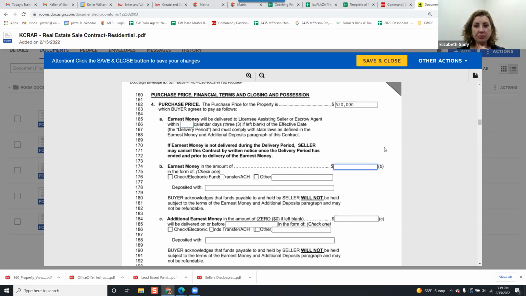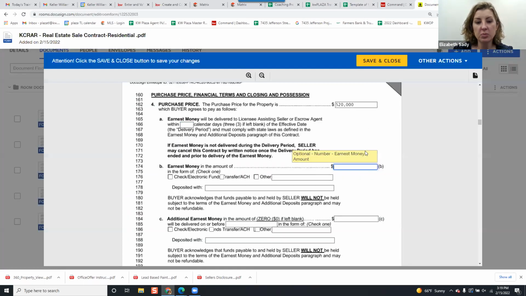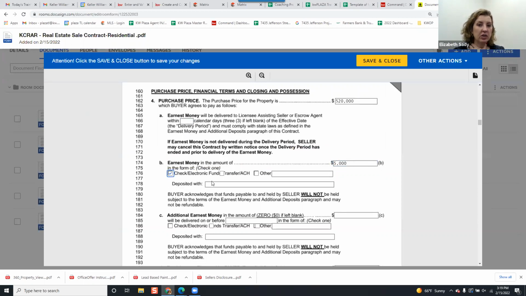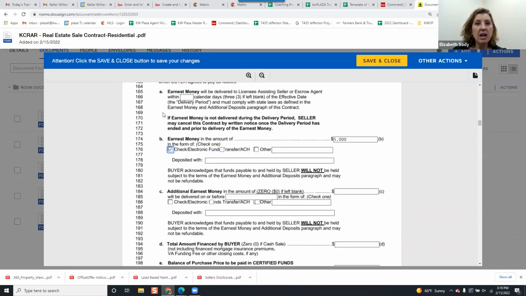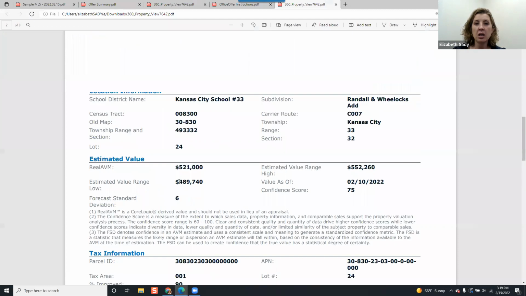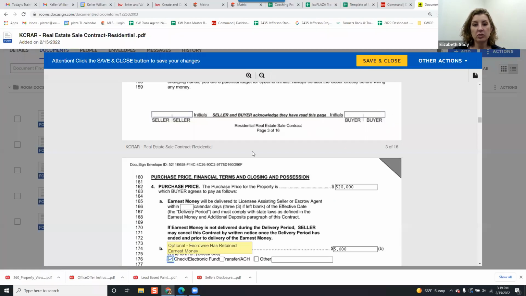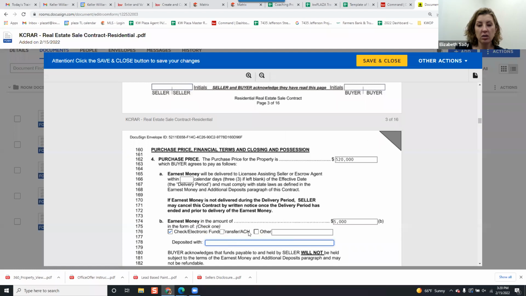Okay, earnest money. To stick to our plan here, guys, we had said we were going to do 5,000 in earnest. You're putting that amount here. And we're going to say that it's a check or electronic funds transfer. And then remember, they had that nice fancy offer cover sheet, but we can always look to see who we're supposed to do the earnest money with by looking at deposit at the bottom of that MLS sheet. So secured title